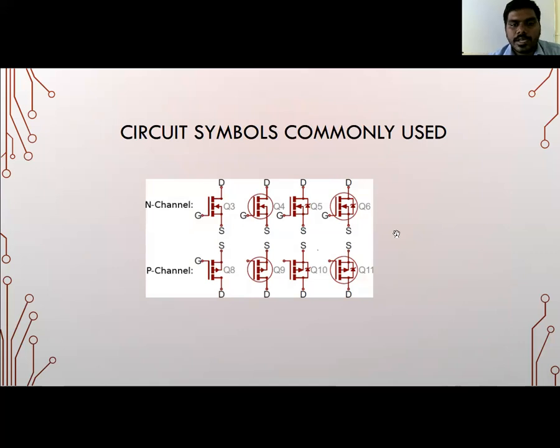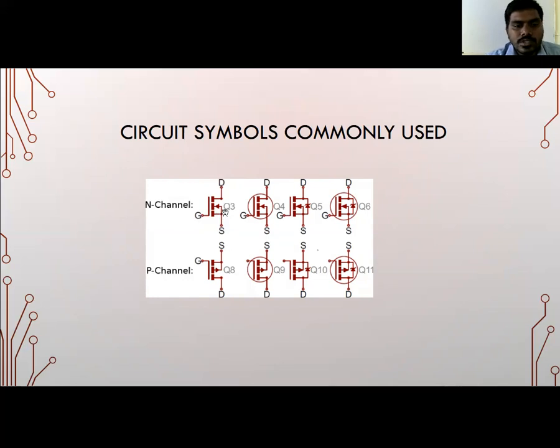Now the circuit symbols commonly used. These are the symbols used widely. Here you can see there are three terminals: drain, source, and gate. For the N-channel, you can see in the middle there is an inward-direction arrow.